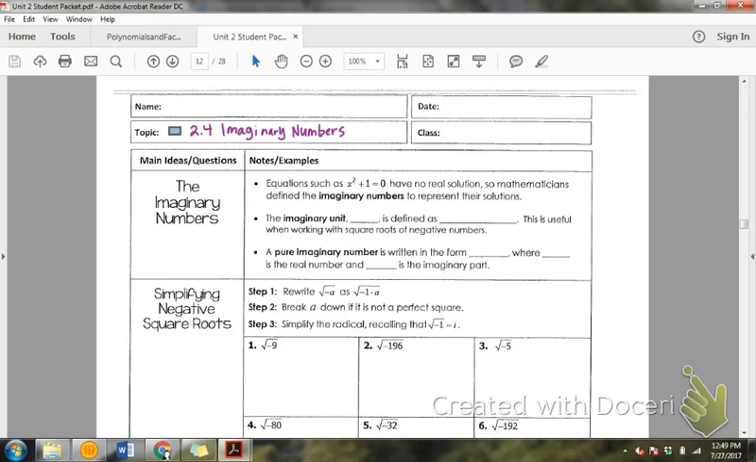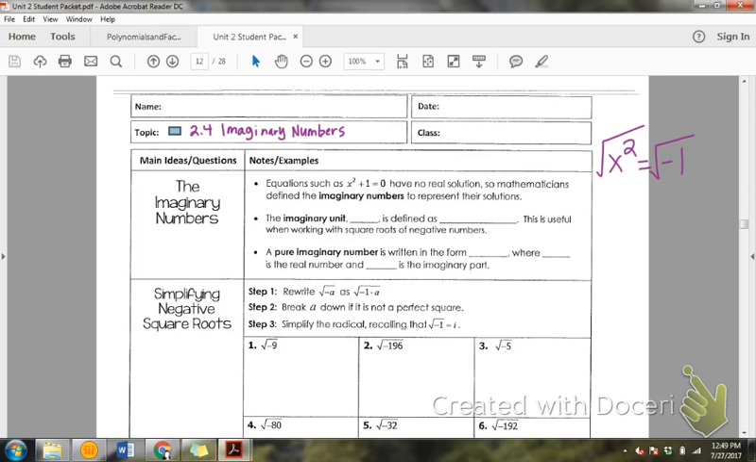Okay, so imaginary numbers, we come across them when we have equations such as x squared plus 1 equals 0 that have no real solution. Because if I tried to solve that, I'd get x squared by itself and that became negative 1, and to get the square off, I have to take the square root. And you can't take the square root of a negative number, right? If you try to do that in your calculator,